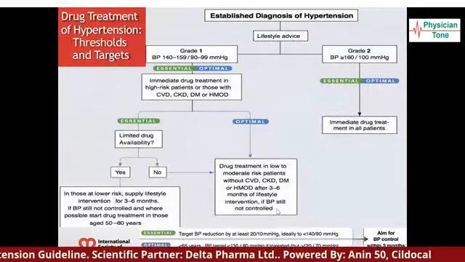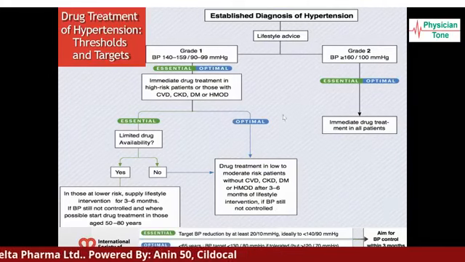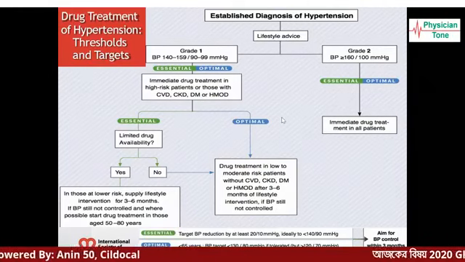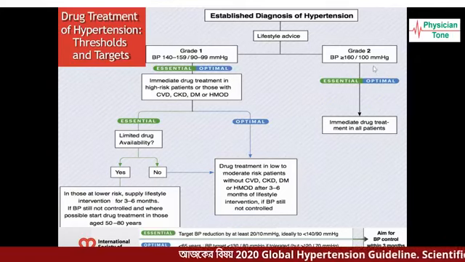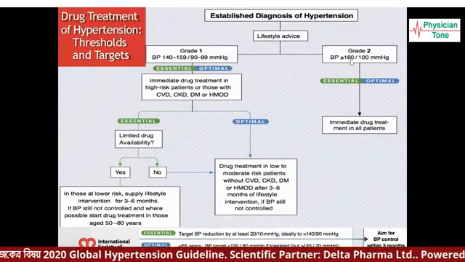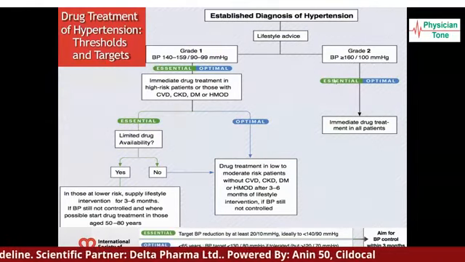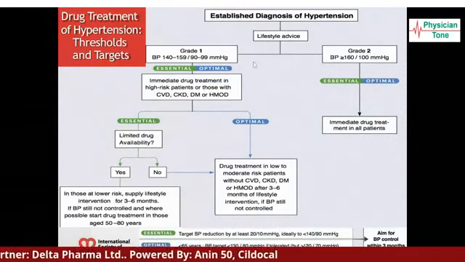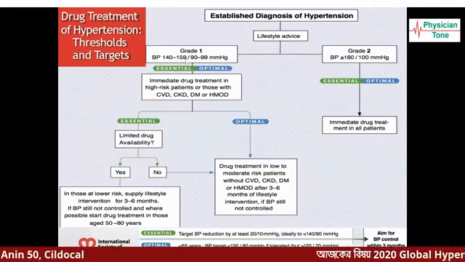Drug treatment for hypertension management. These 2020 guidelines make a much simpler form of drug treatment. They divide into grade 1 and grade 2. If the blood pressure is grade 2, that is more than 160 and 100 millimeter mercury, start treatment. Both essential and optimal. Start treatment. If the blood pressure is grade 1, that is 140 to 159 systolic and diastolic 90 to 99,